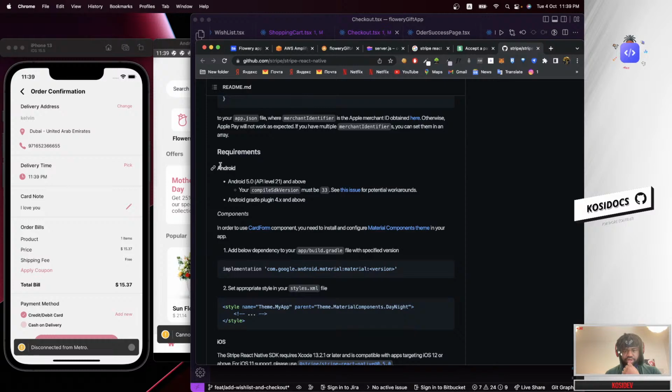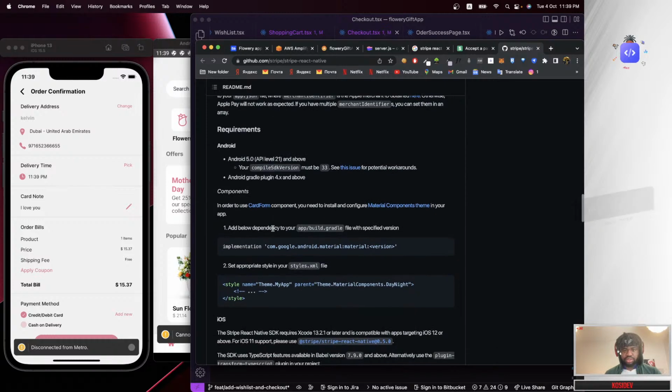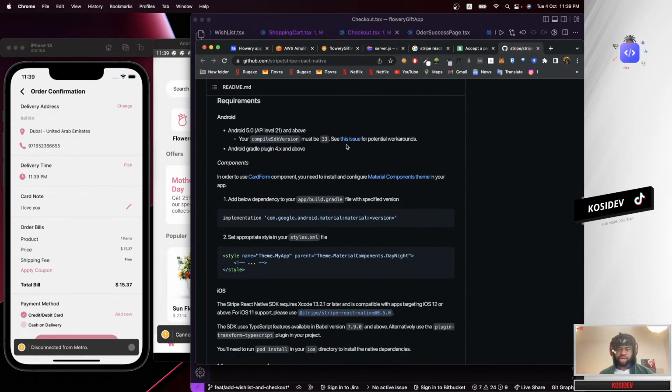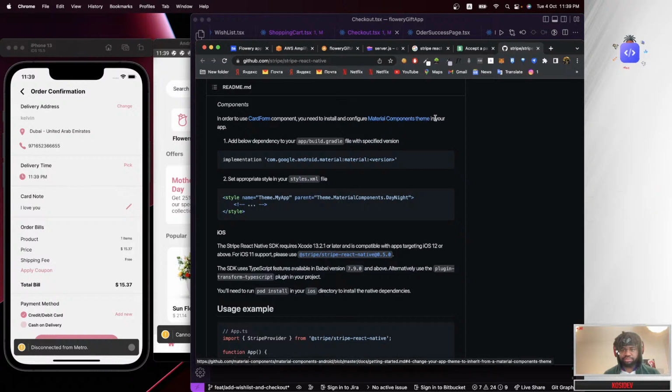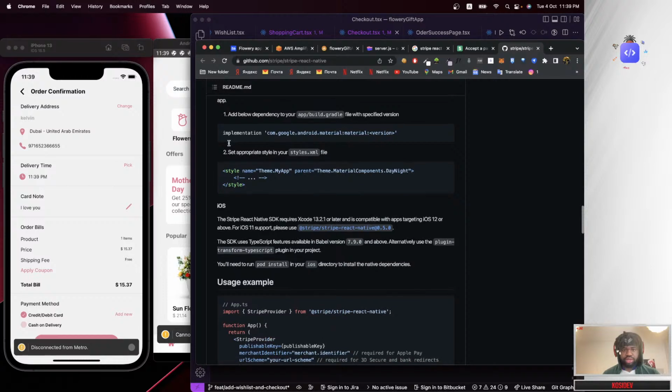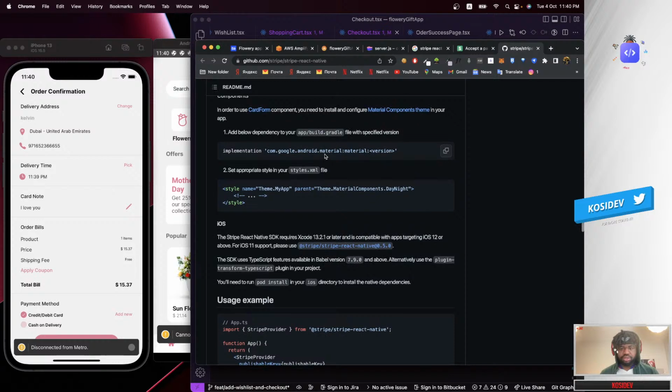So requirements, we have Android SDK, which we are currently using. Components: in order to use the card form component, you need to install and configure the Material Components theme in your app. Okay, so let's configure the Material Components theme. Add the below dependency to your app/build.gradle file with the specified version. So let's do this. The specified version should be